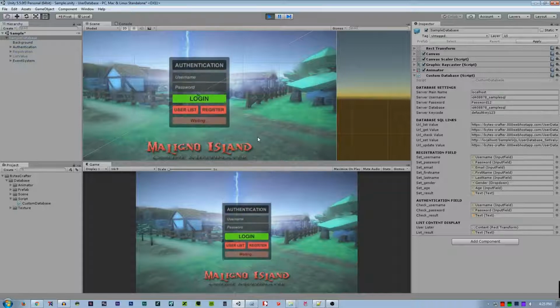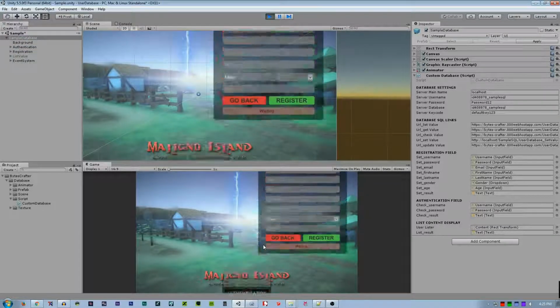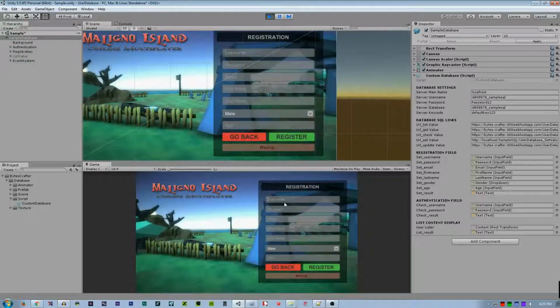Let's play, and then go to the register window, and I call this test, and password is 143, email is 143 at example.com, sorry, at example.com.